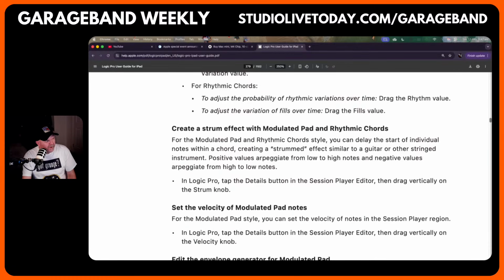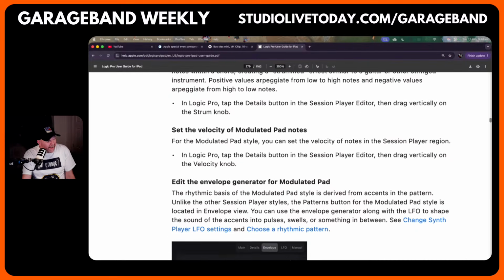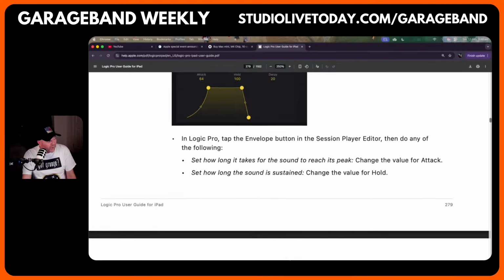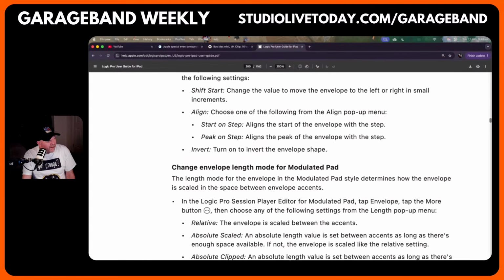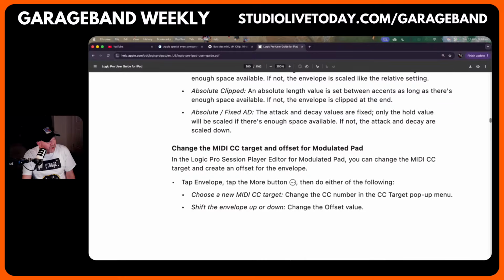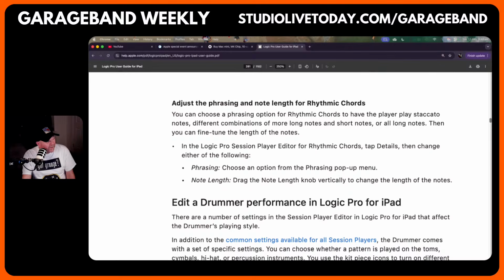So for the modulated rhythmic chords, you can delay the start of individual notes. Well, we've already played with the strum effect. We don't need to strum our knobs anymore. And the other one's a modulated pad, which we've already played with. Anything else for the rhythmic? Envelope note length for adjusting the phrasing